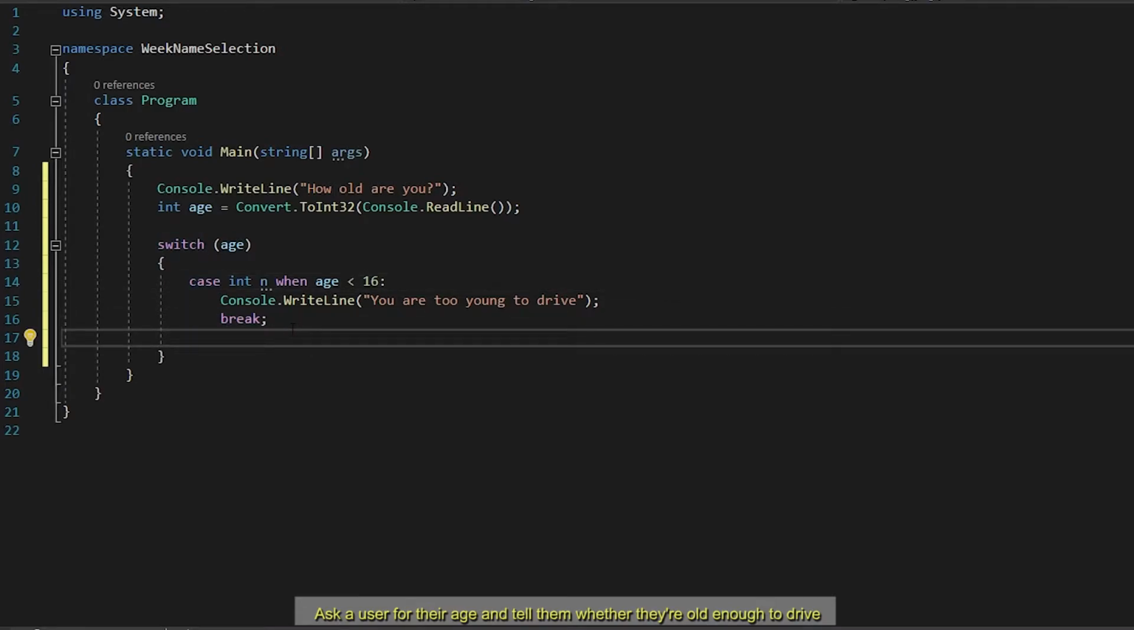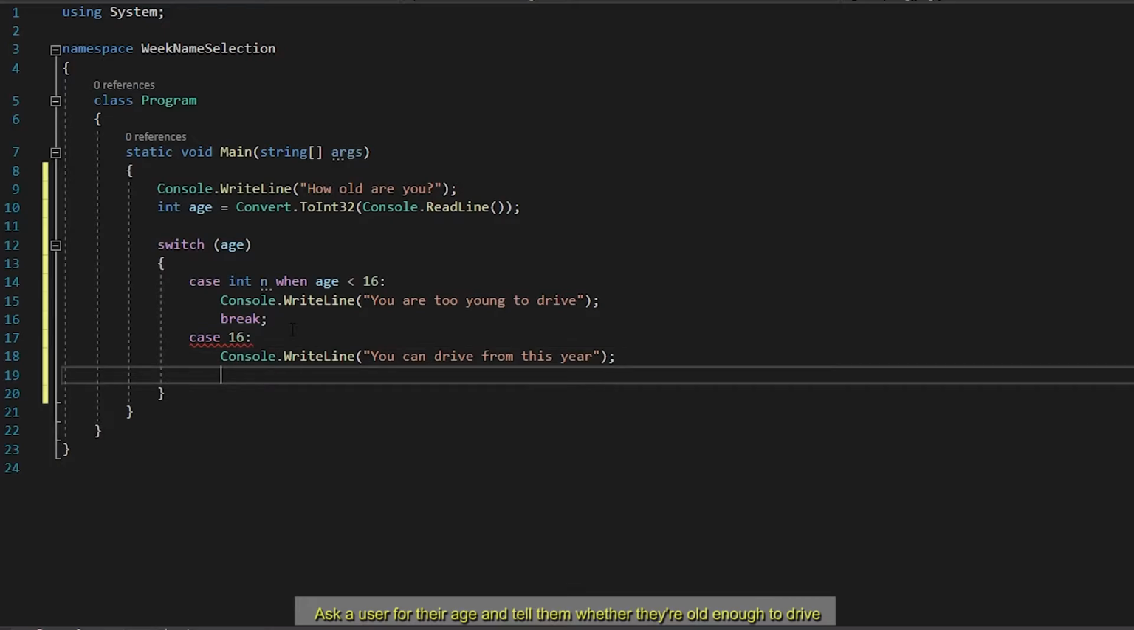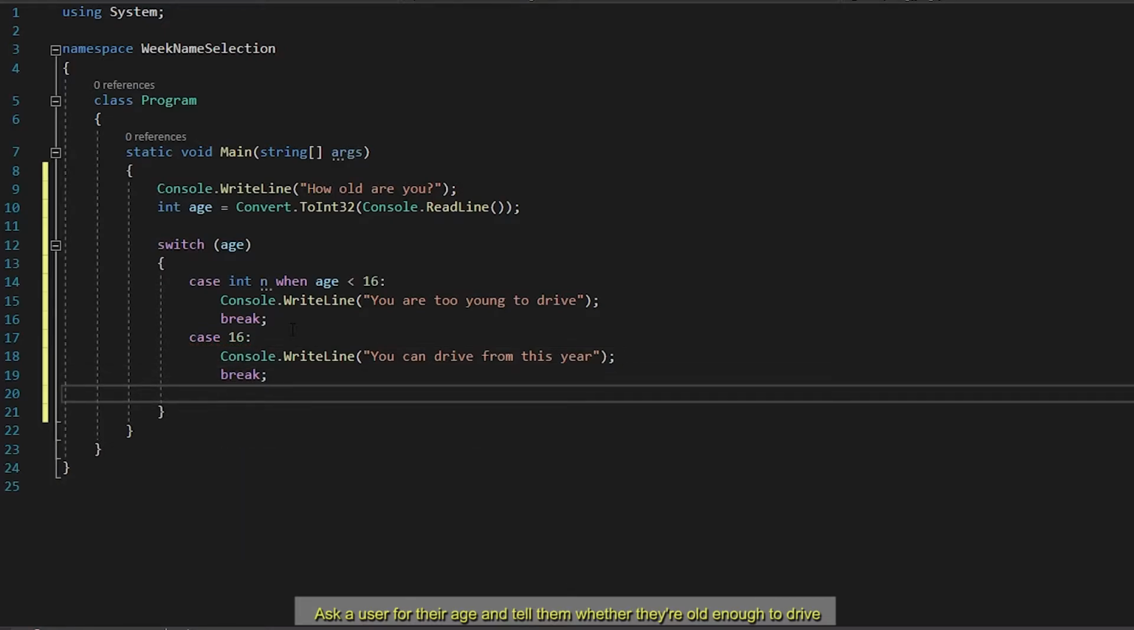So our next case is going to be case 16. So this is when age just straight out equals 16. We can say you can drive from this year. Do another break. We need to write break so that it can break out of the switch statement, as we've